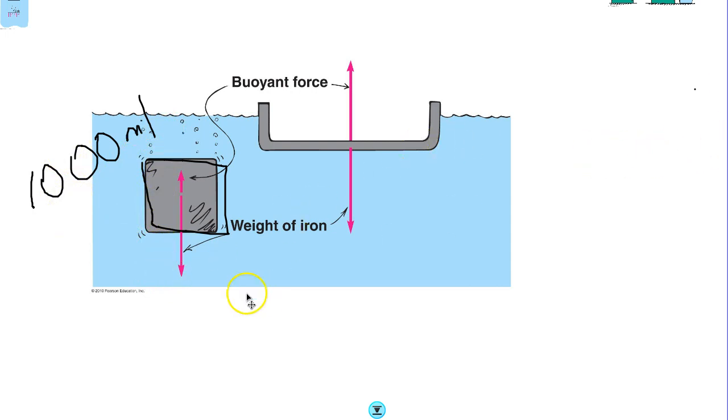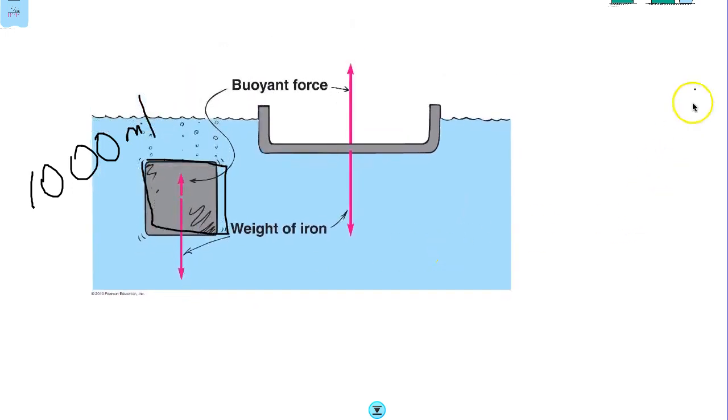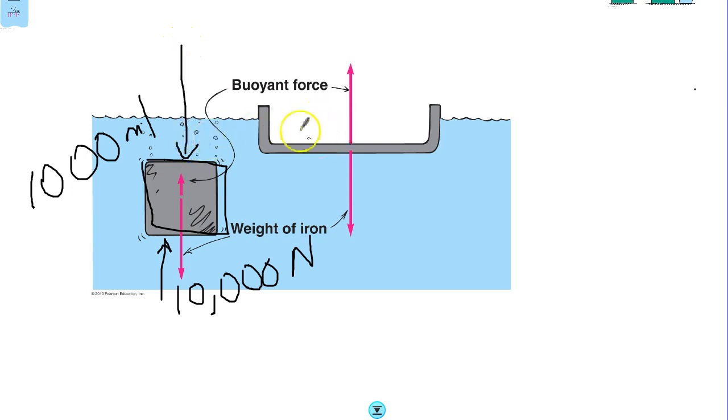Okay, and that weight of water, or that mass of water, would exert a force on this. Take the grams times the force of gravity to change it to newtons, okay? And it would give it a 10,000 Newton force pushing up, okay? However, since this is a very large piece, it's going to have a greater force of gravity pushing down on it, okay? Now, if we have that same piece of iron and we squish it out to make this shape,